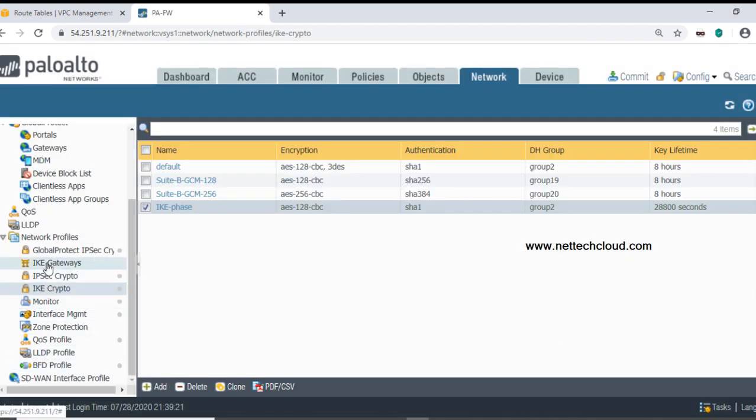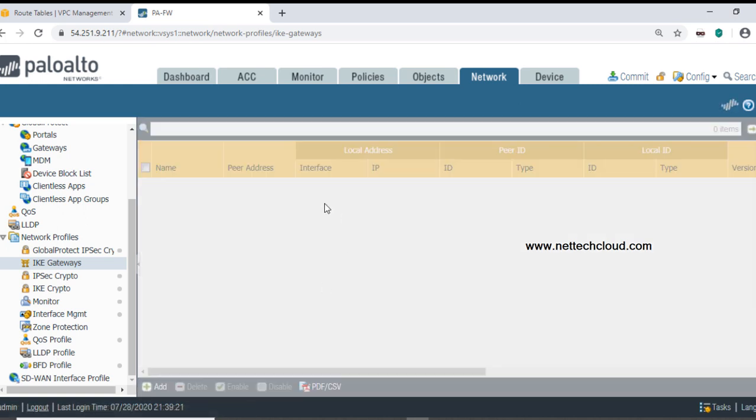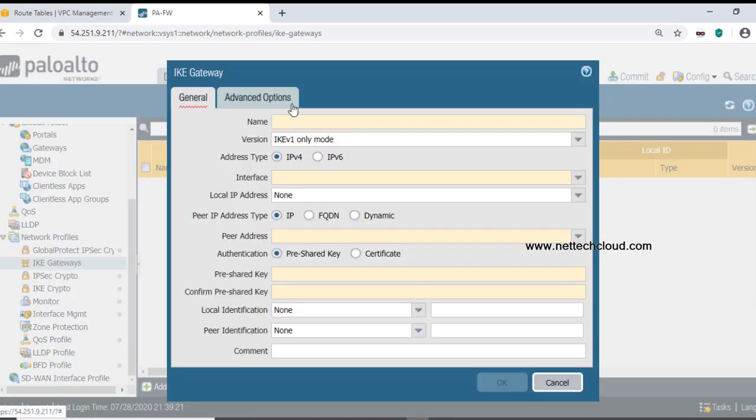The next step is the IKE gateway. Here I need to specify the IKE gateway. IKE version 1, and the interface, the external interface, has a DHCP assigned IP address here, so we can keep it as non-local IP address, no problem.